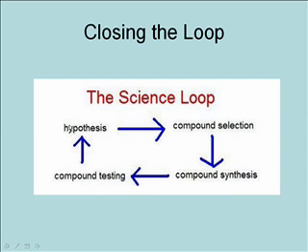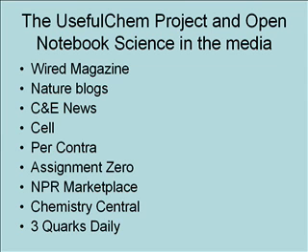So in other words, we have a hypothesis, we can select the compounds. At Drexel, we can make them. Elsewhere, either at NCI or in San Francisco, wherever people are willing to test them, we can do that. And then we can get feedback as to whether or not we're taking the right approach. And we're doing all of this in the open, which is very exciting.